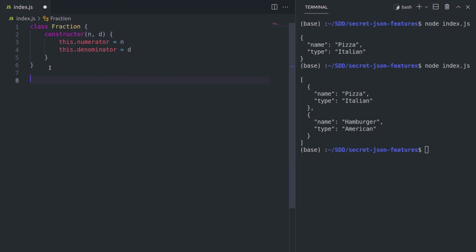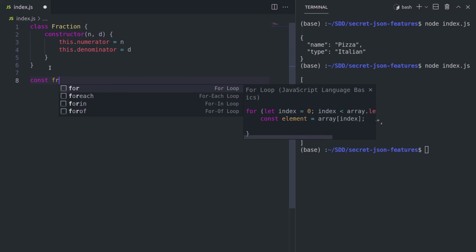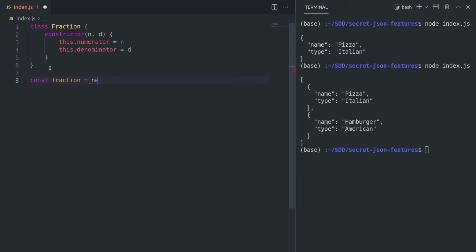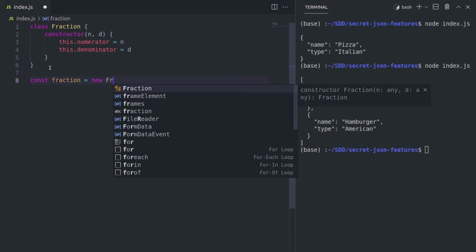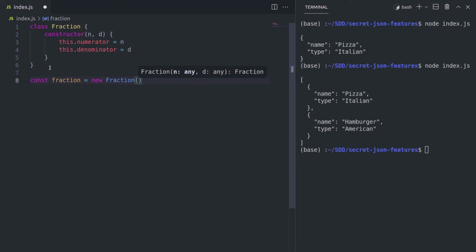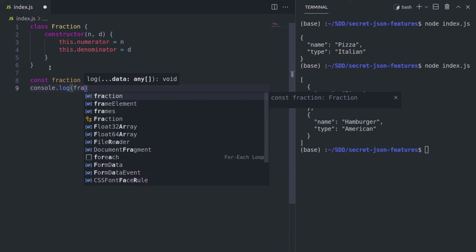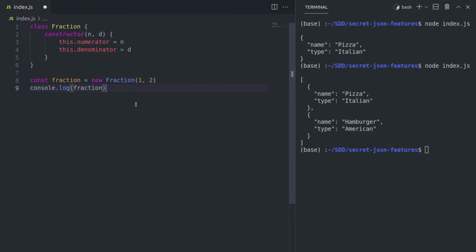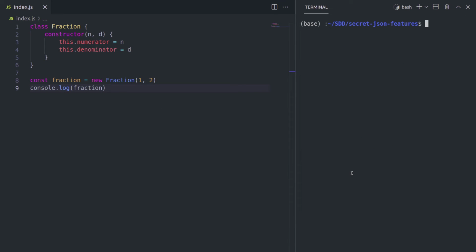And now let's create an instance of this class. It's called fraction equals new fraction. And let's pass, for example, 1 and 2. Let's console log this out and see what we get when we initialize this object, actually initialize this class. And let's clear it first, run node index.js. And as you can see, we have an instance of the fraction class with a numerator and a denominator 1